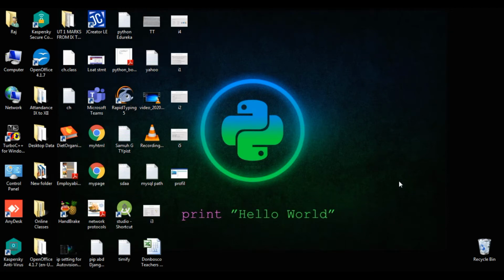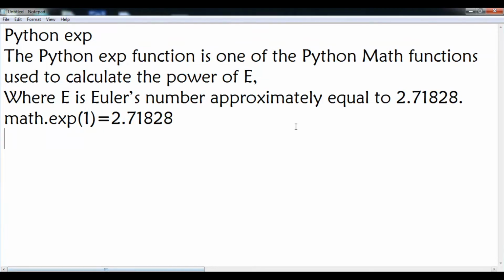Today, student, we are going to understand how to use the exponent function of the math module. So let's begin. You can see how to use exp, that is the exponent function. Actually, exp is one of the functions of the math module, which is used to calculate the power of e, where e is Euler's number, which is approximately equal to